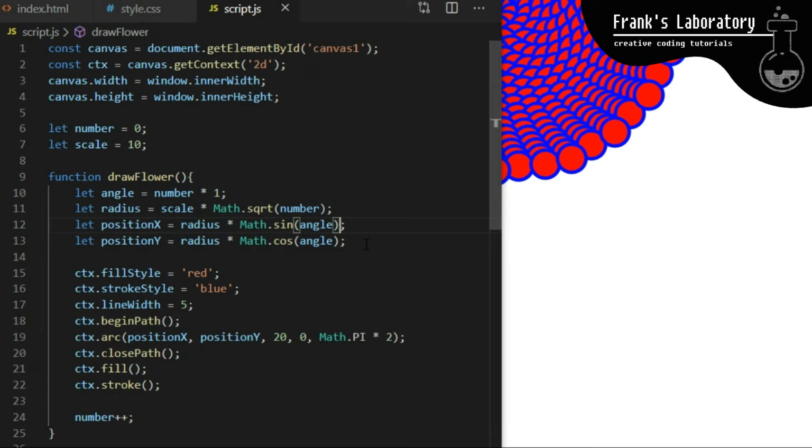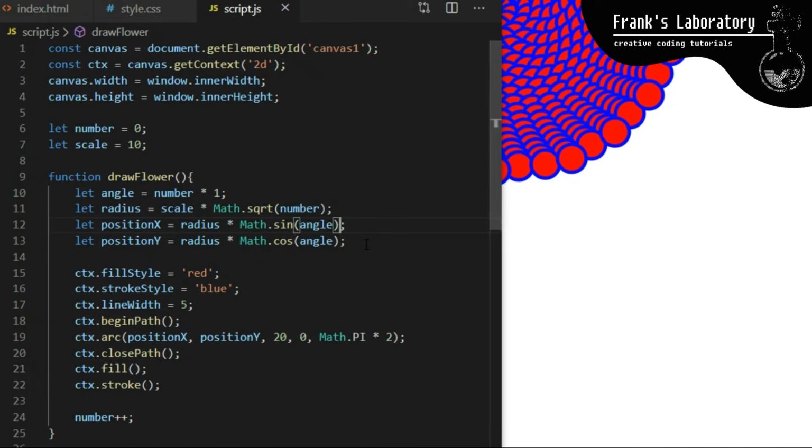And if we multiply this number by anything, let's say 5, the range will increase from -1 to +1 to -5 to +5. So the circle will grow. In this case, on lines 12 and 13, I am multiplying sine and cosine by radius variable from line 11. Radius variable, again, is simply a very small, slowly increasing number that makes sure the radius of the circular path our particle is taking is getting larger and larger to draw the final flower shape.